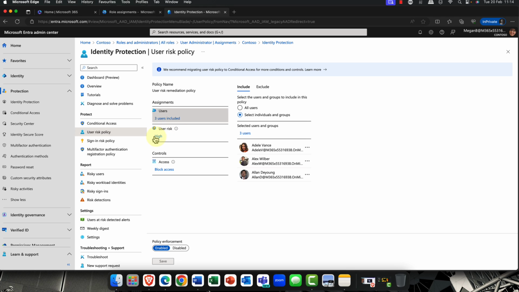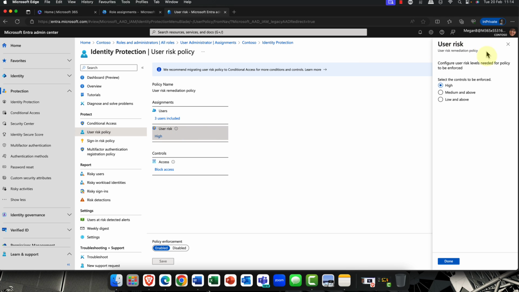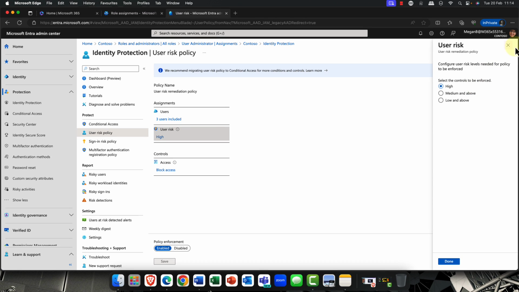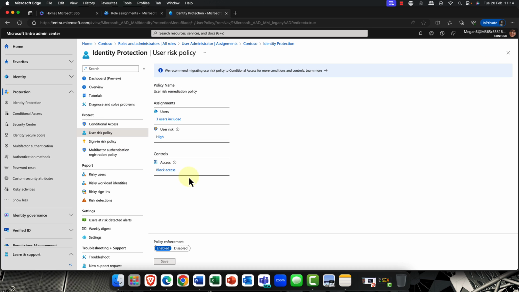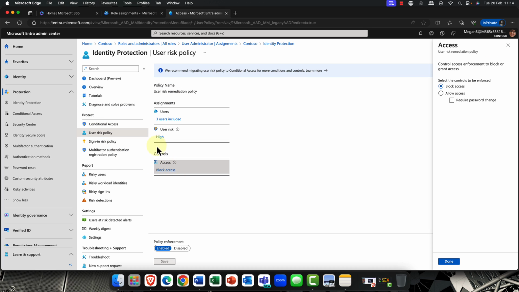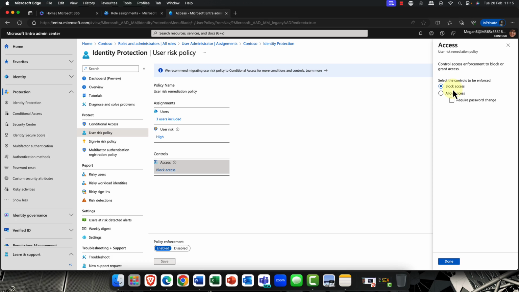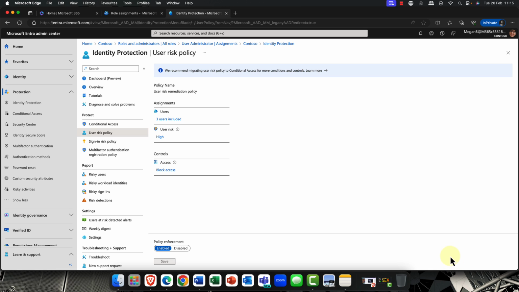And you can categorize them. So you can set the risk level of these users. Okay. So if this is a particularly sensitive account, again, you can categorize them. More than that, though, you can then say, based on that categorization, I'm going to either block access, allow access, or require a password change. Personally, I would always just go with the block access. Any kind of sensitive accounts, a password change would potentially cause issues. And ultimately, we want to get away from using passwords as much as possible.